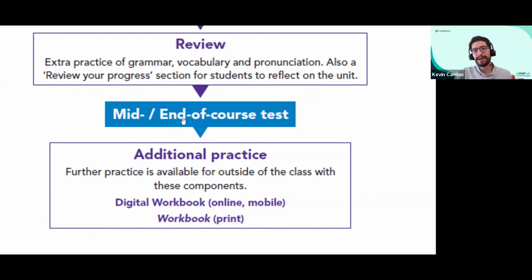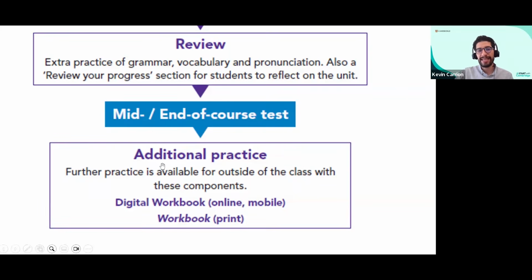So if we reach, for example, unit 5 or unit 6, depending on the level, after you cover those units, we can use the mid-course test. And after we finish unit 10 or unit 12, depending, we can do the end of course test. Since we have 1 mid-course and 1 at the end, it's useful for summative evaluation, so you check the progress of your students. All right, and you can also assign a specific score, a specific grade.